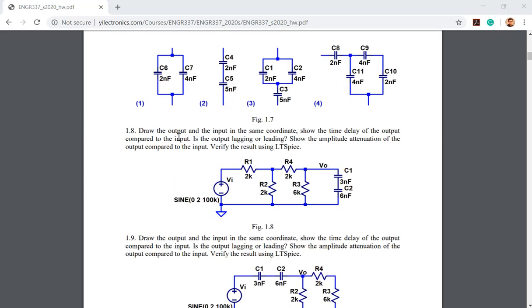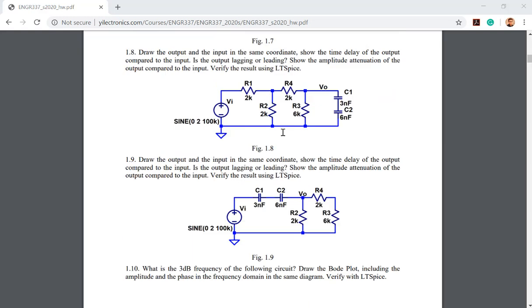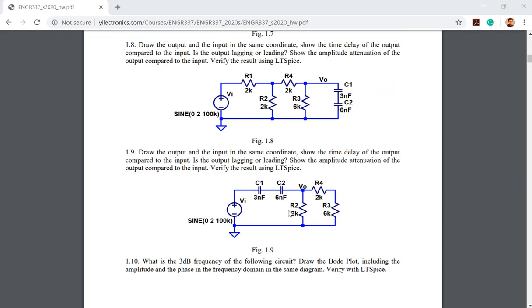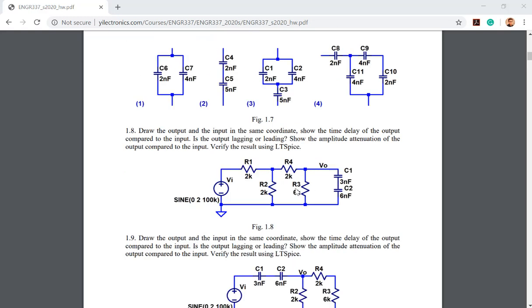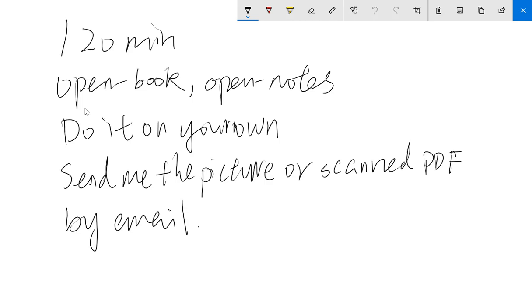And the second one, definitely all these ones, things like a low pass filter, high pass filter, but you need to convert the circuit into the s-domain equivalent first before you do any further calculation. And there's one thing you need to know: this parameter is the amplitude of the sine wave, and in LTspice, if you have a 2 here, it doesn't mean the peak-to-peak is 2, right? So the number 2 over there means it is